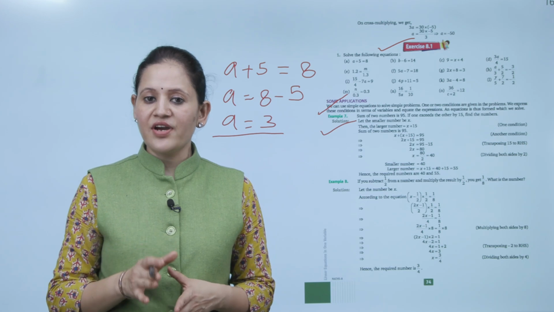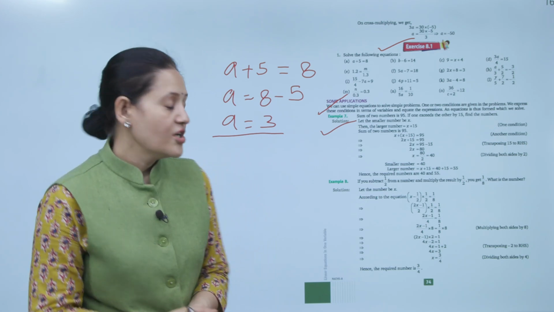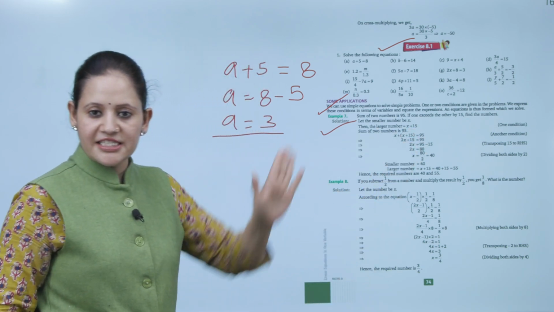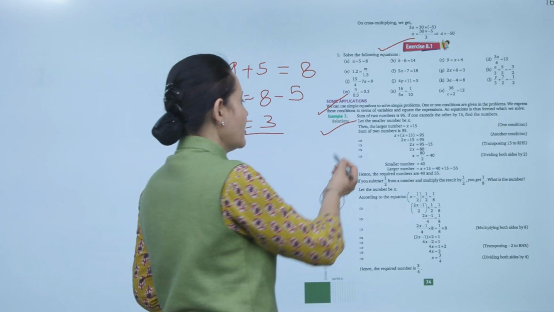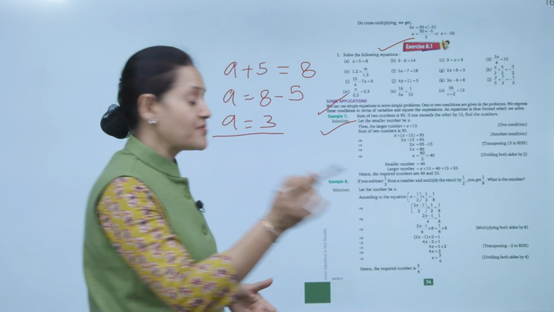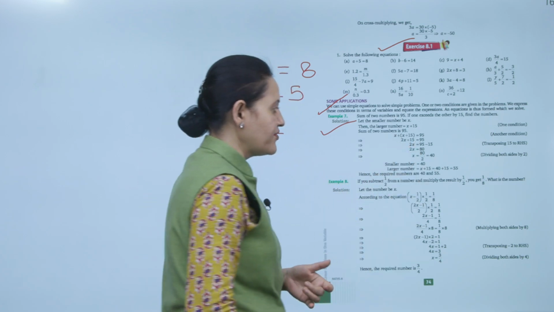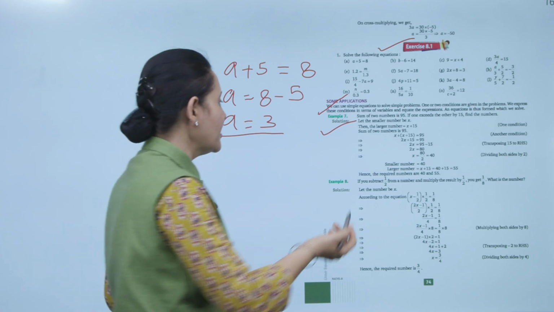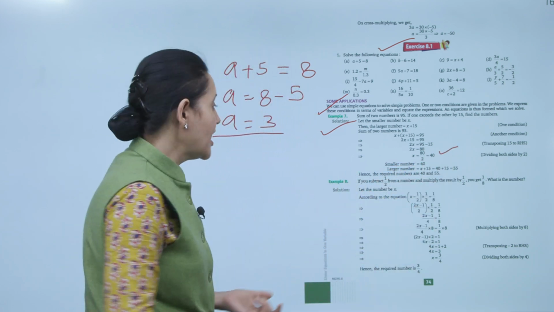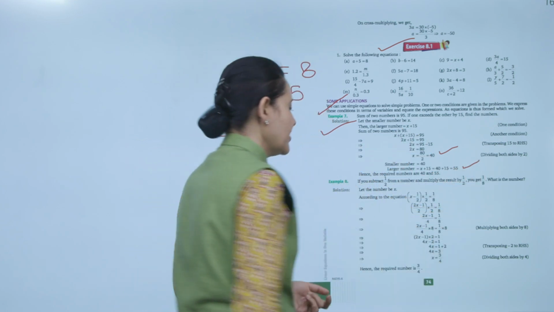Sum of two numbers is 95. If one exceeds the other by 15, find the numbers. So let the smaller number be x. So larger number क्या हो जाएगा? Exceed कर रहा है, so x plus 15. And the sum is 95. So according to question, x plus x plus 15 equals 95. So 2x plus 15 equals 95. 2x equals हो जाएगा 95 minus 15. So x equals 80 upon 2, that is 40. So smaller number is 40 and the larger number is 40 plus 15, that is 55. Clear?